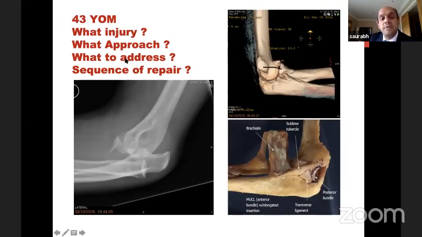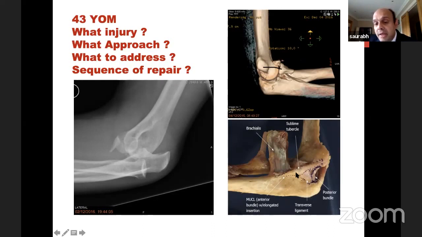So another case, a 43-year-old who fell down, elbow is dislocated. If you see the 3D images, if an elbow dislocates, we said LCL and MCL have to go. Here the MCL anterior band attaches on this sublime tubercle, so MCL has pulled off this anteromedial facet. In this case the ligament is intact, but it has avulsed this piece of bone. So we'll say both ligaments and capsule are injured, and the radial head is still intact.